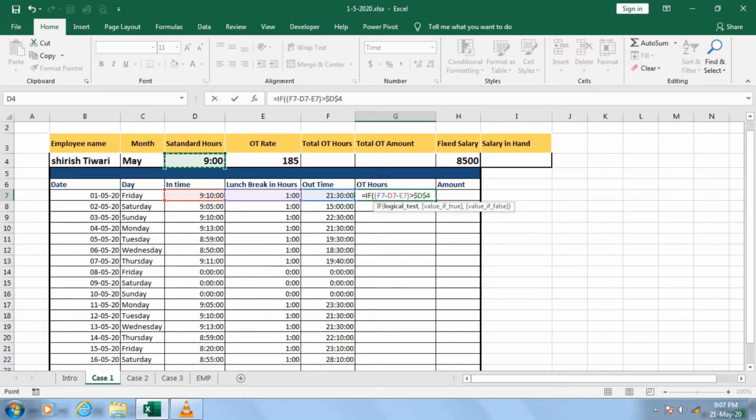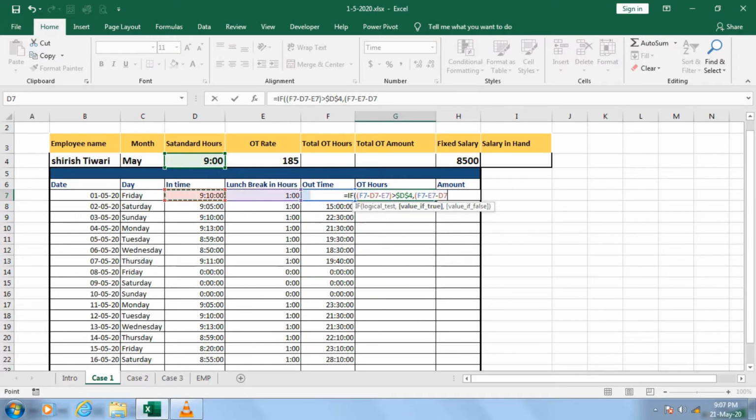If it is greater than 9 hours, that means it is considered overtime. If it is considered overtime, then I will take out time minus the lunch break minus your in time.